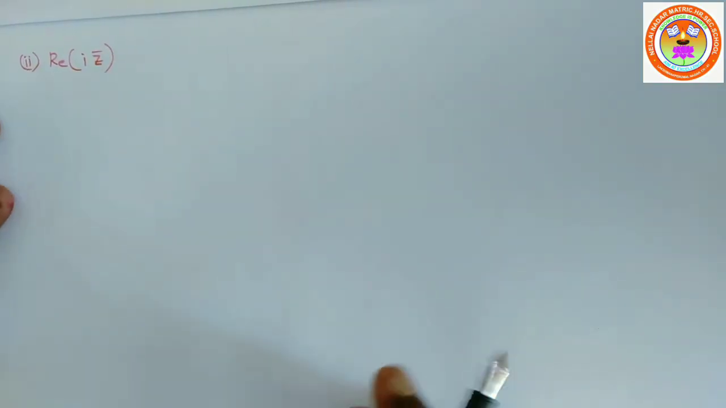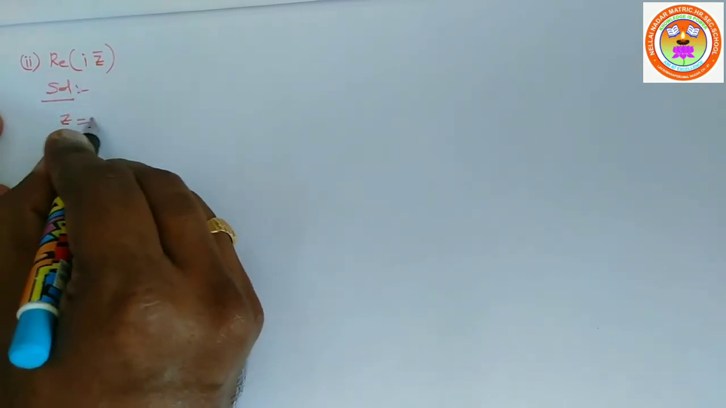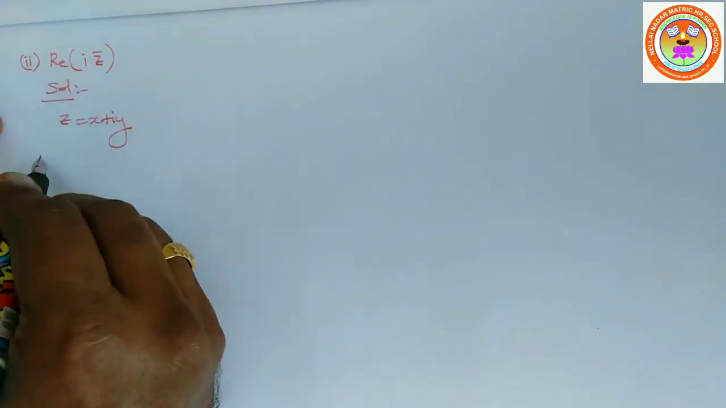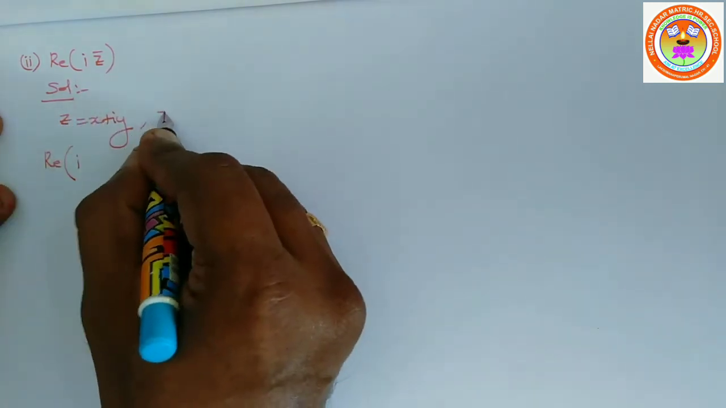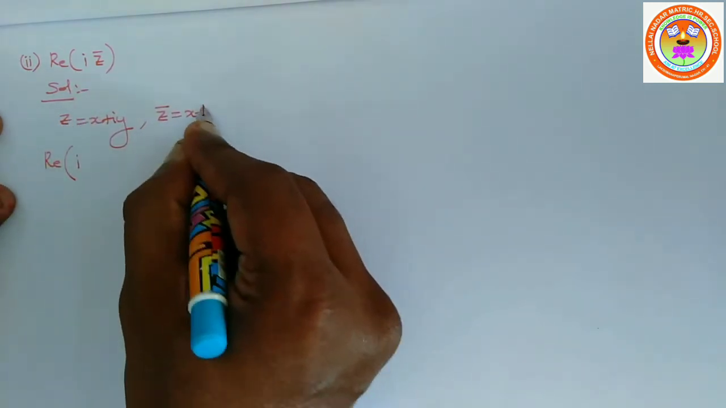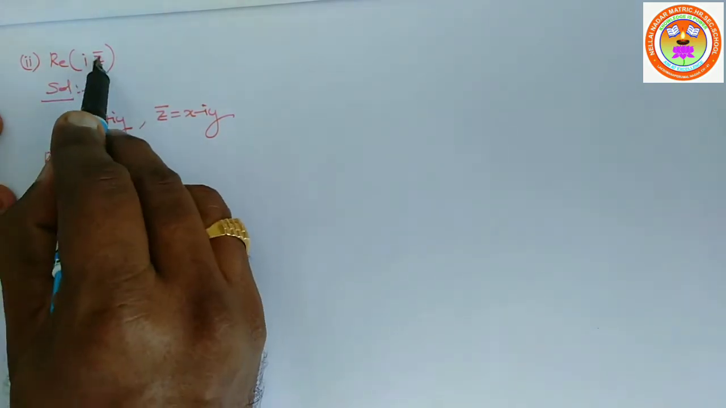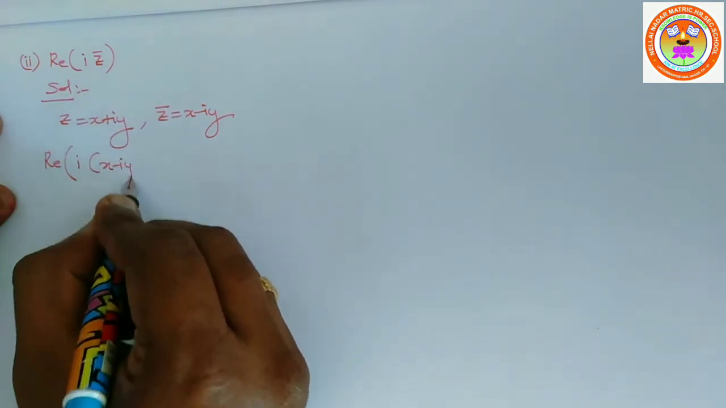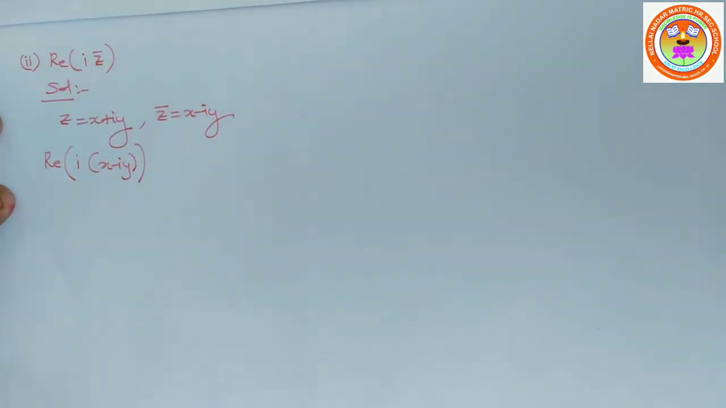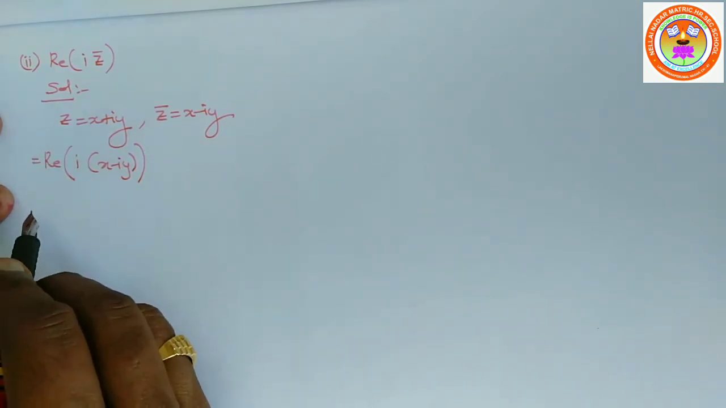Real part of i z bar. Solution: you know z is equal to x plus iy is given, apply here. Real part of i times z bar. If z is x plus iy, what will be z bar? x minus iy. So i into x minus iy. You can even understand things. So z bar is x minus iy. Therefore, real part of